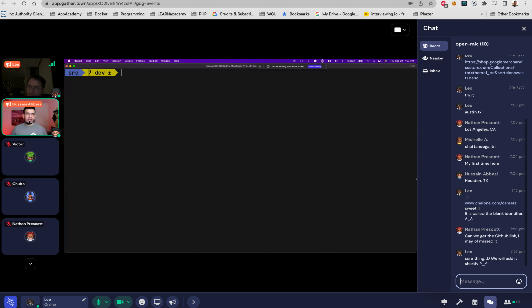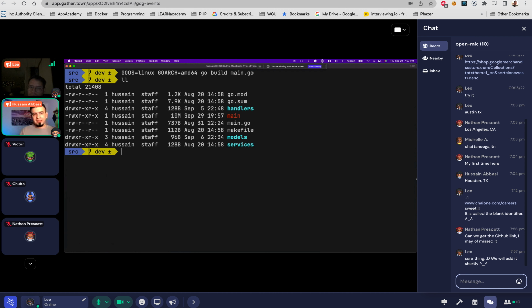So now to cross compile my app, I have to do something like this. I will say GOOS is, let's just say Linux. GOARCH is AMD64. And I can say go build main.go, right? And if I run it, now it's actually going to build it for the OS and the architecture that I'm telling it to build, as opposed to what my local environment is. And if I run it now, you see I still get main. I'll still be able to run it, but I'm not going to do that.